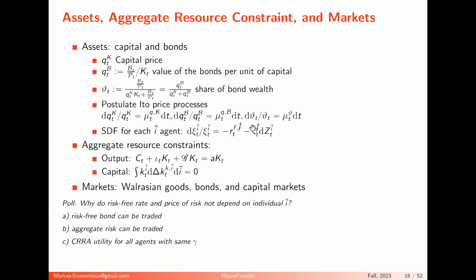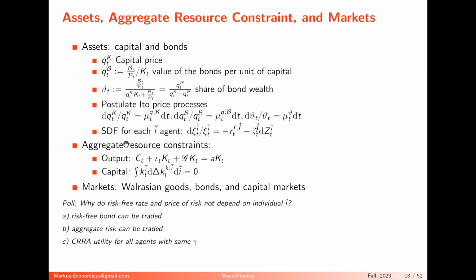And then we have the price of idiosyncratic risk. So what's the price of idiosyncratic risk? That was the volatility loading of the SDF on the dZ tilde. So there should be a tilde here too. There's a tilde missing on this Z term, and a dt missing and a tilde missing here. The price of idiosyncratic risk we call varsigma with a tilde. So it's the same notation as before. Everything which is idiosyncratic has a tilde now, but otherwise it's the same notation.